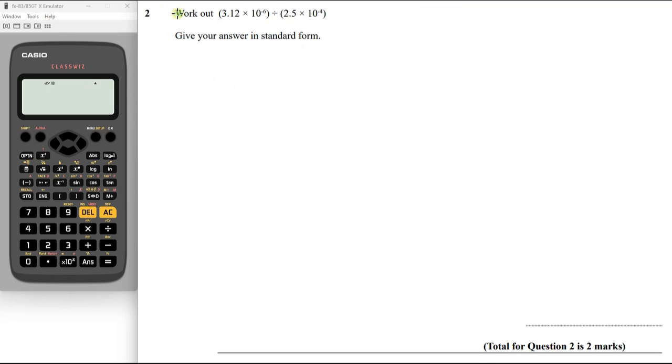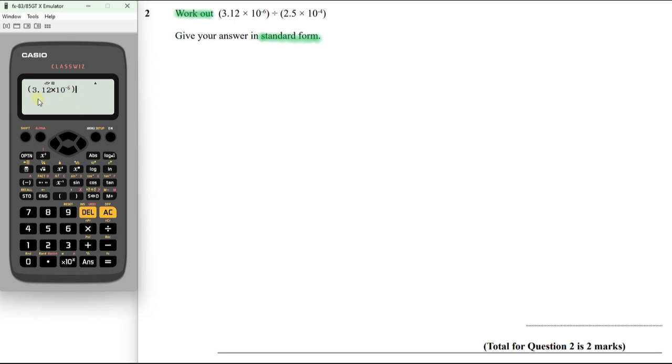Question 2, work out all of this and give your answer in standard form. So we're going to get straight on with the calculator with this one. If we open up our brackets and put 3.12 times 10 to the power of, which is this button here next to our squared button, and then our power is -6. We don't just close our bracket like that. We have to press the right arrow key, come down,